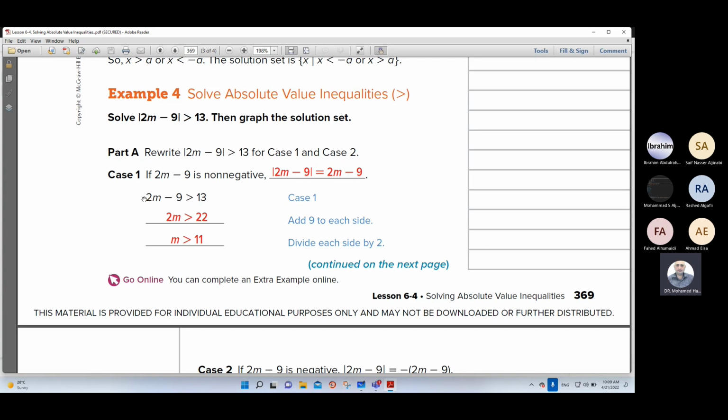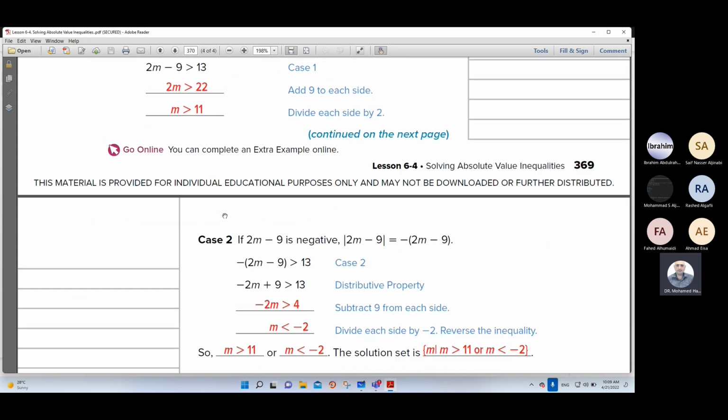Then we can solve this inequality. We can add 9 here and add 9 here, and it will be 2m greater than 22. Then divide by 2 here and here, and it will be m greater than 11. This is the first case. And the second case,